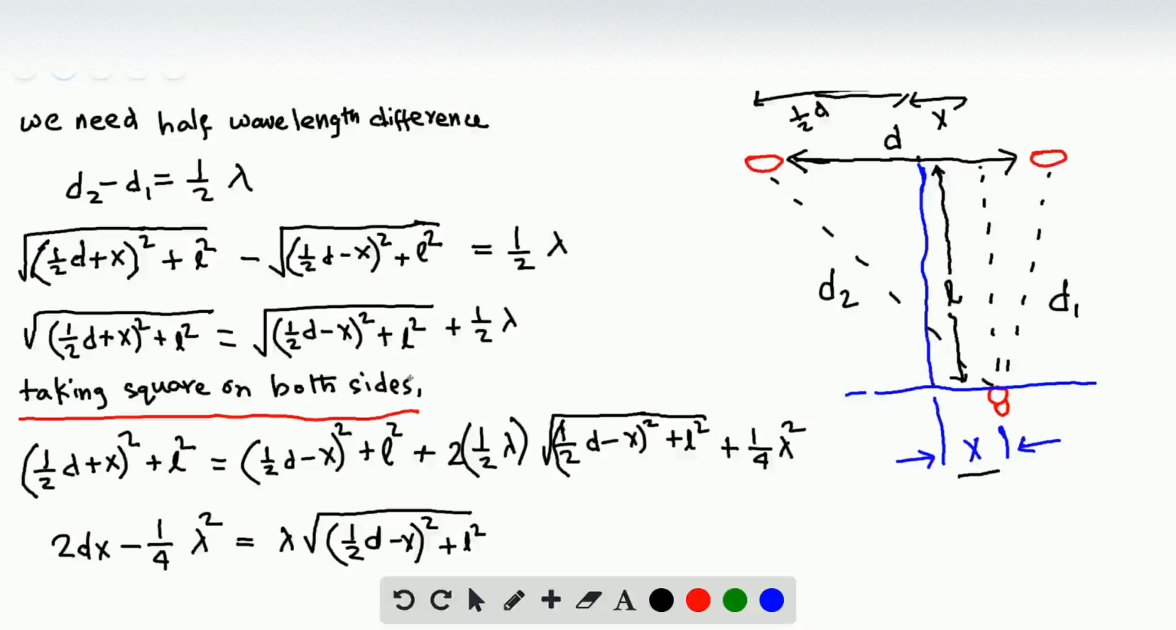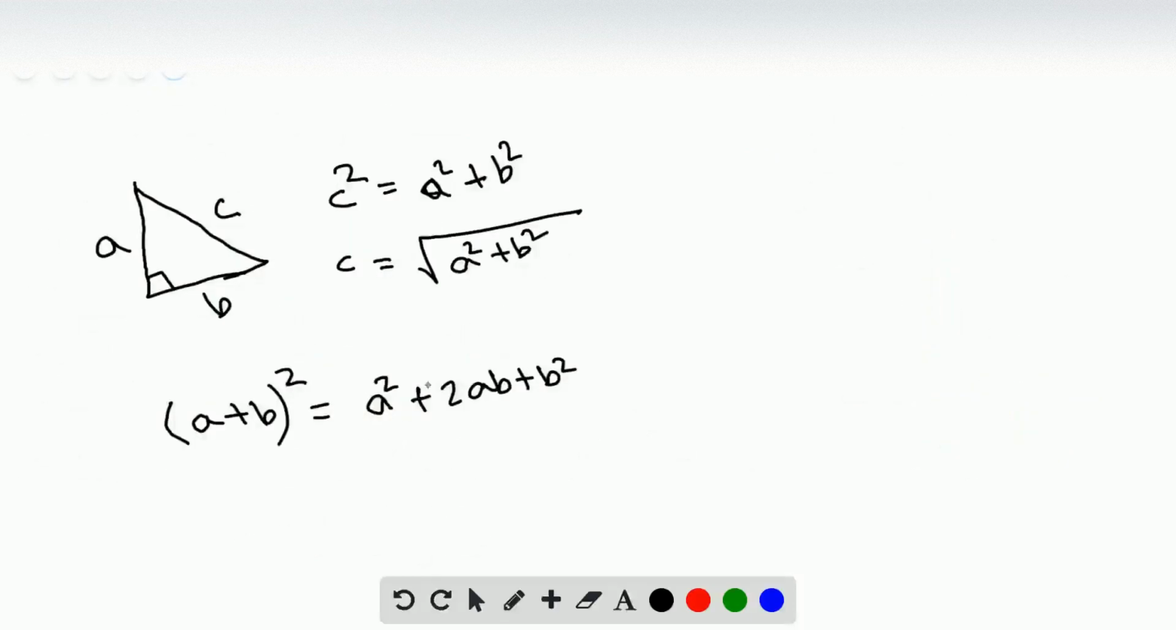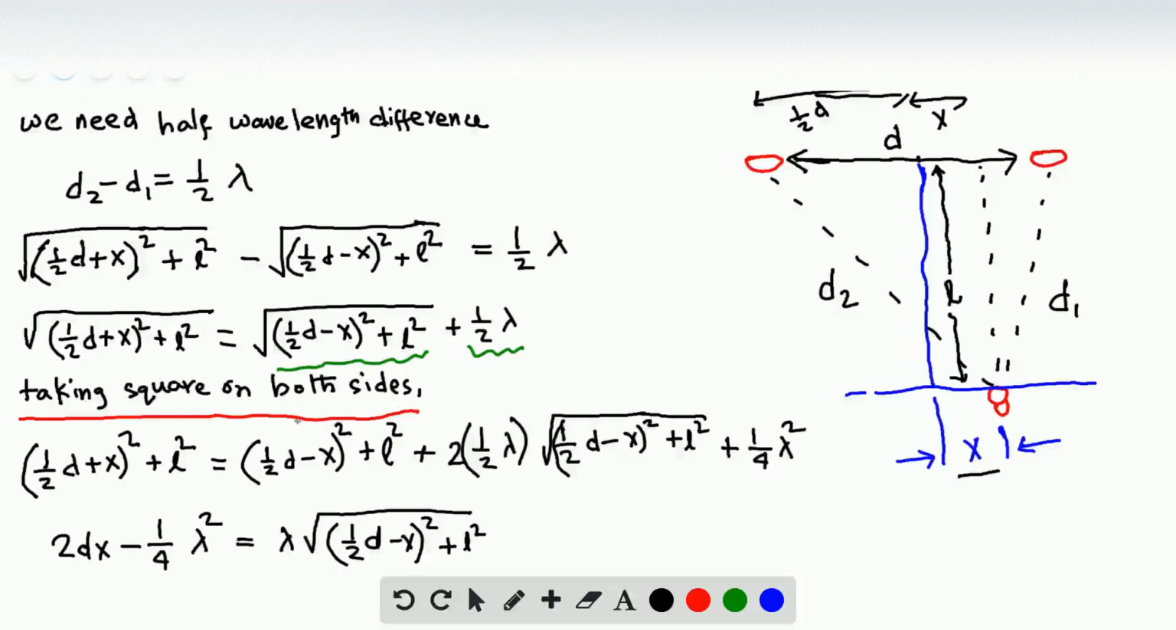When we took the square on both sides, this term is our a, this term is our b. See, let me mark those. So this term is b, this term is a. So we're taking a squared plus b squared, and so that's our a squared, this guy is our b squared, and in between we have 2 times a times b. So yeah, and once we did that, we can get rid of this L square on both sides,